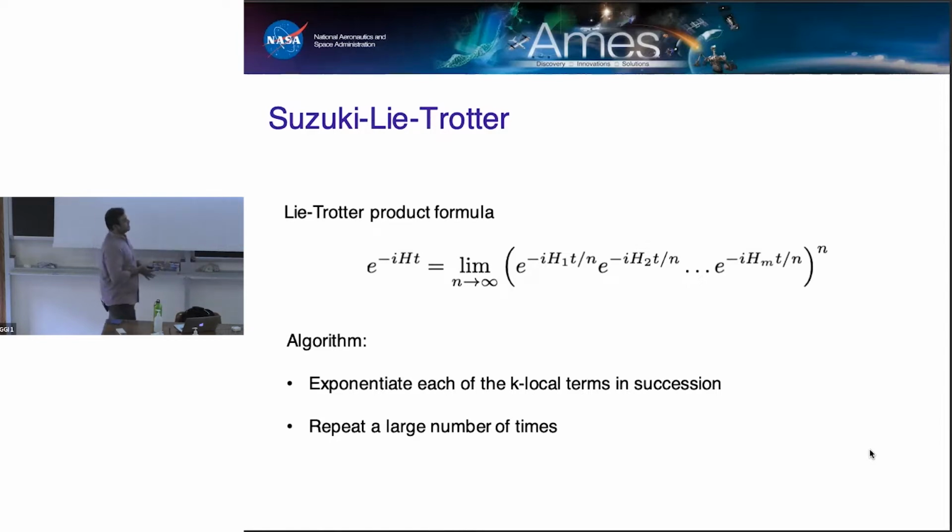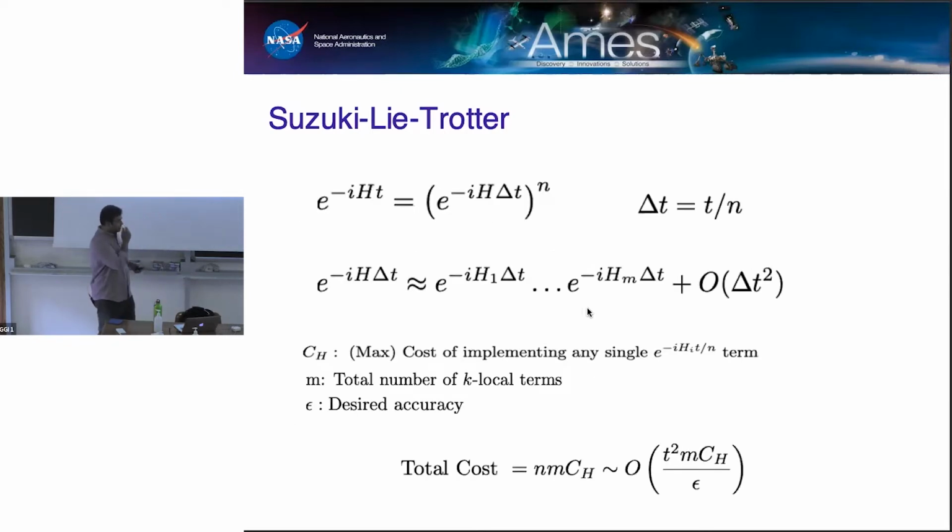Okay, so this immediately suggests an algorithm. And the algorithm is basically, we would just take each of the terms that appear in the Hamiltonian, exponentiate them, and then simply do those exponentials in succession for some small time segments. And then that gives us one whole block. And then we simply repeat that block a large number of times, right? Now, of course, this incurs some approximation error. And the approximation error, if you do things in this way, for one small time step, delta t, in the limit in which delta t goes to 0, is approximately of order delta t squared.